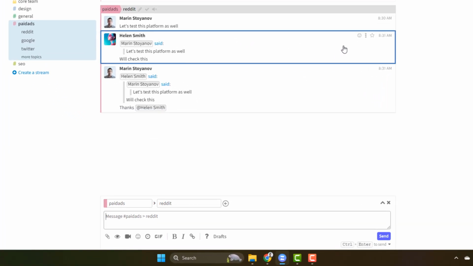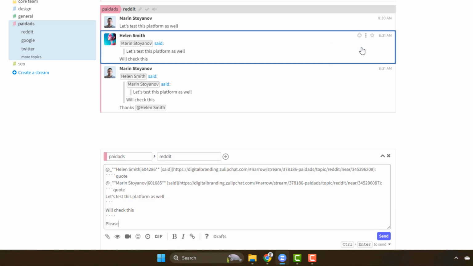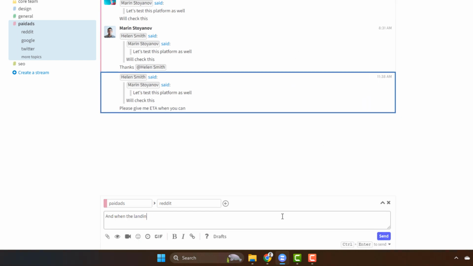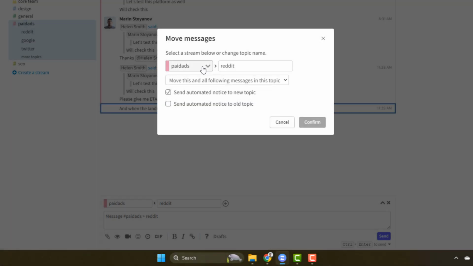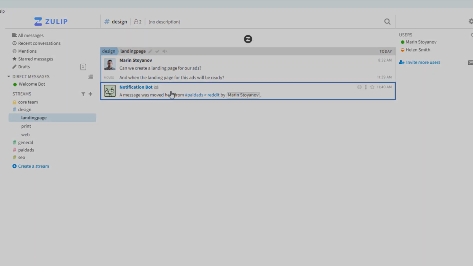To start a thread in Zulip, simply click on the reply button on a specific message and start typing your response. Your reply will then appear under the original message, continuing the conversation thread. If the conversation diverges to a different topic, you can easily move some messages into a new or existing topic to keep everything organized. Other participants in the conversation can reply to your thread, creating a collection of individual topic-labeled threads.